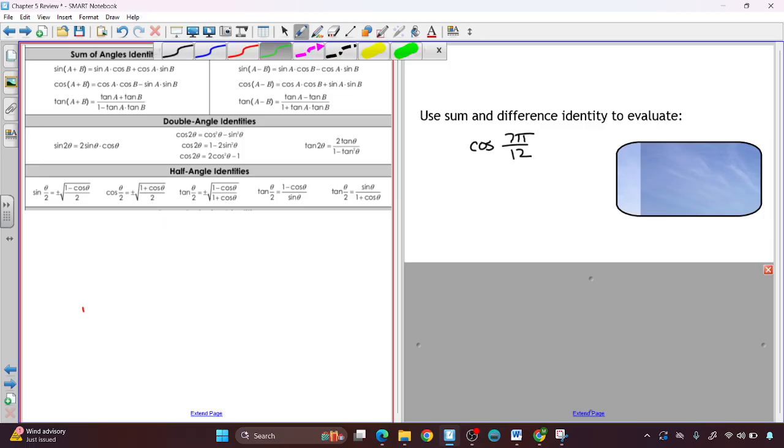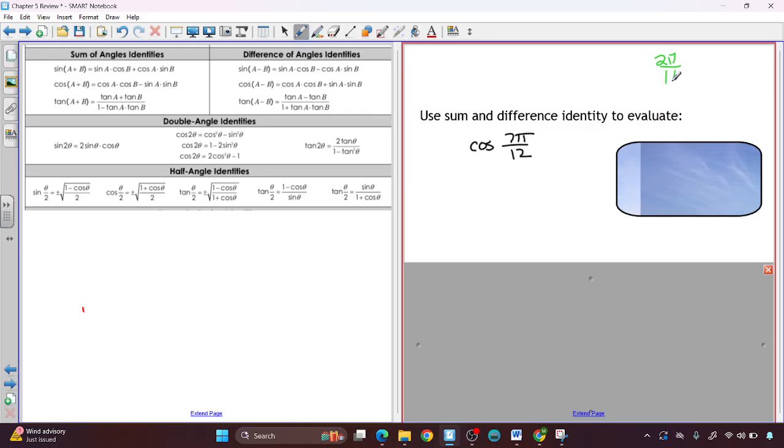So how do we want to do this? We could say 2 pi over 12 is pi over 6. 3 pi over 12 is pi over 4, and 4 pi over 12. So I would like to do these two. So I would say I'm doing cosine of